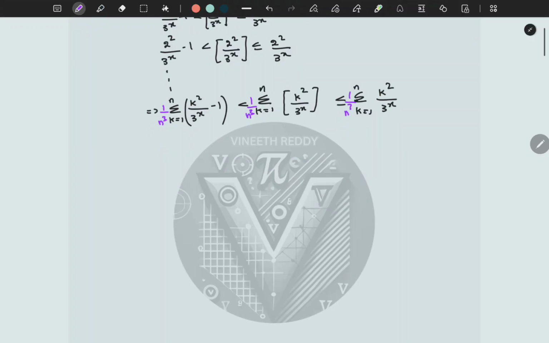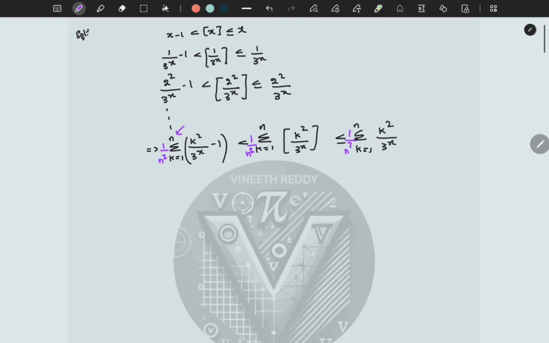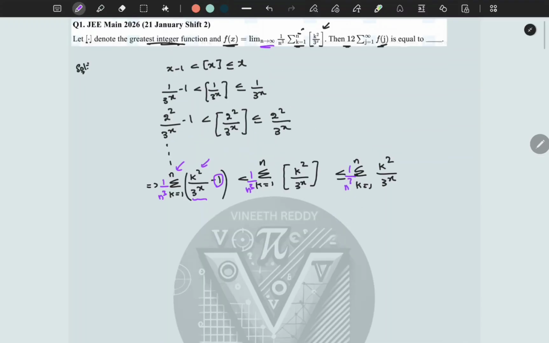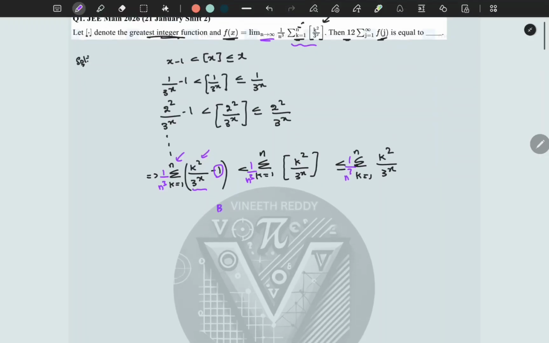Now see, the question says n is approaching infinity. As n approaches infinity, this term becomes very much greater than 1. That means this term will almost tend to infinity, so this term will be very large, and in comparison to this term, 1 can be neglected. That means entirely, now this sigma, so by sandwich theorem,